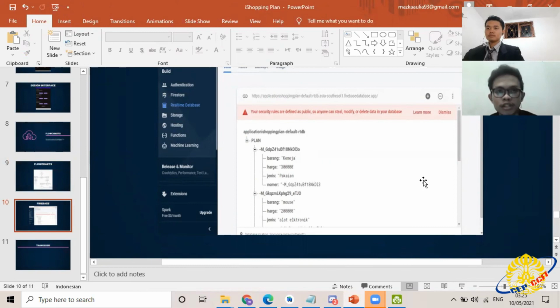This number is like a value key for Firebase. Yeah, it's a unique key, a primary key for each data. Okay, I think it's enough.